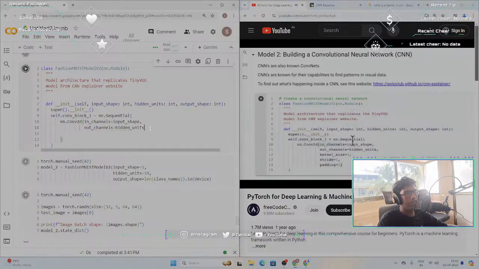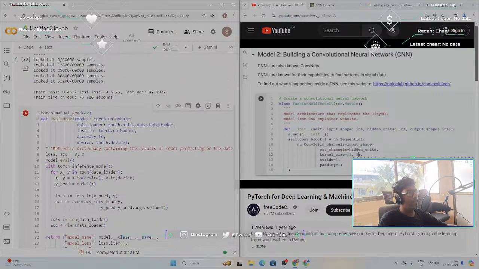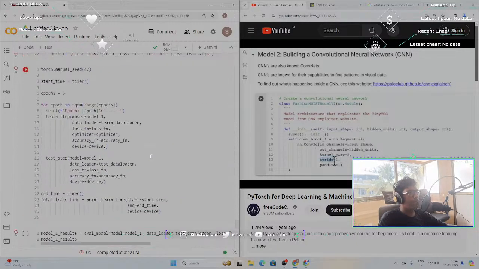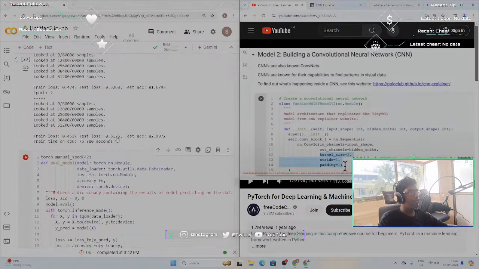Going on here. We've got in channels, which is our input shape. We've got out channels, which are our hidden units. We've got a kernel size, which equals 3, or this could be a tuple as well, 3 by 3, but I just like to keep it as 3. We've got a stride and we've got padding. Now, because these are values we can set ourselves,